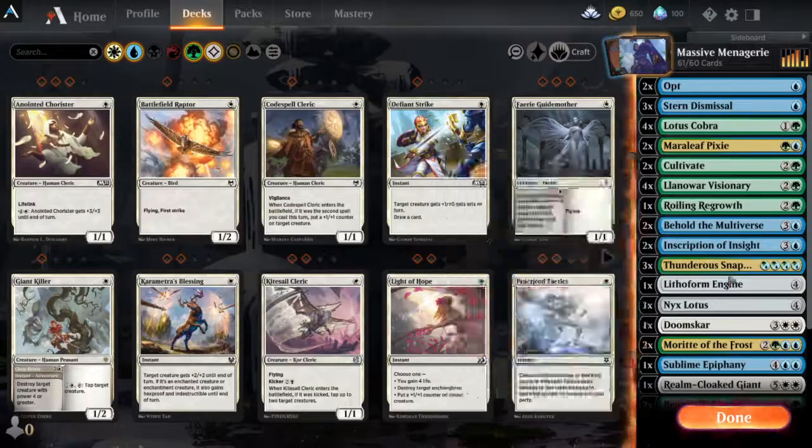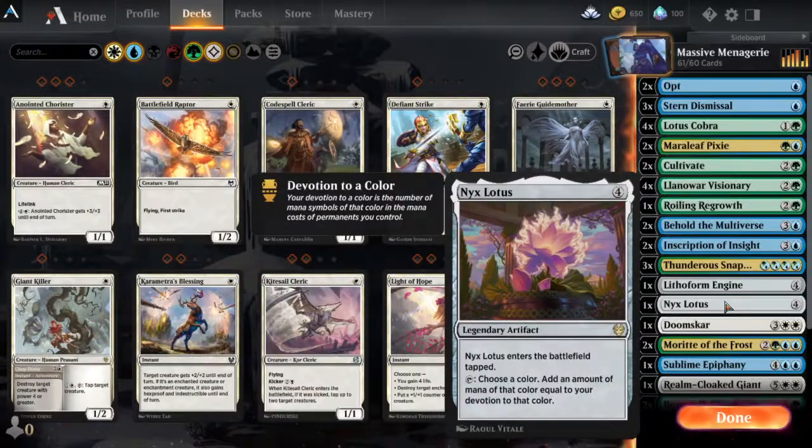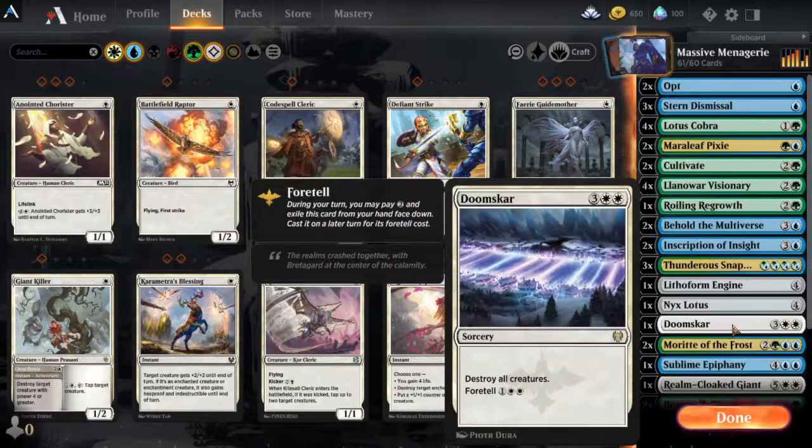Of course, we kept our Thunderous Snapper, and then we have our Lithoform Engine. This allows me to copy activated abilities, or spells, or even permanents. Of course, we have Nyx Lotus for a little bit more mana, especially into the later game as we get more of these bigger cards out onto the field with a lot of devotion. We have Doomskar. This is a card that will destroy all creatures, and it is possibly a 4-turn card,